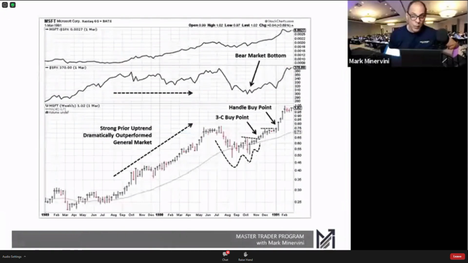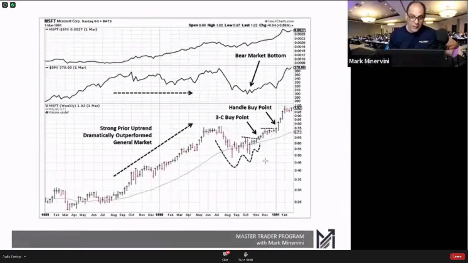This will work the same on a weekly and some larger charts, larger time frames. This is Microsoft coming off the 1990 bear market. This is the bear market right here. The lows were around October. And then you set up a nice pivot point right here. You can see on the weekly, and then it comes up and there's a real nice volatility contraction here. So this is just a volatility contraction pattern here, and then within one larger volatility contraction, and now you've got